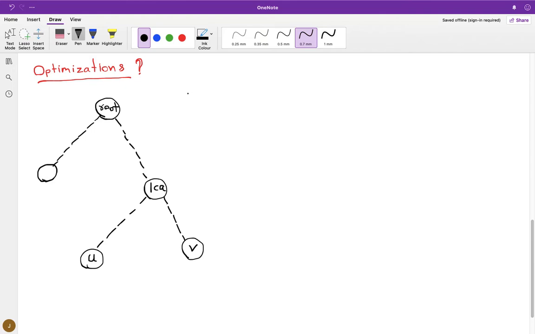In that video, during pre-processing we created a 2D array where parent[i][j] stored the 2 power jth parent of node I, and using this information we could find our LCA in big O of log n time.